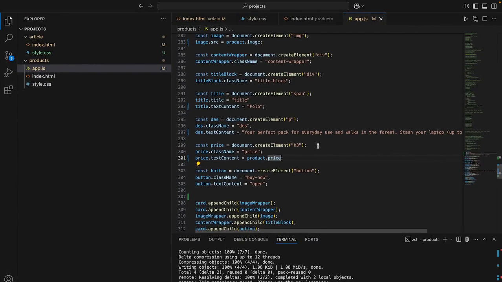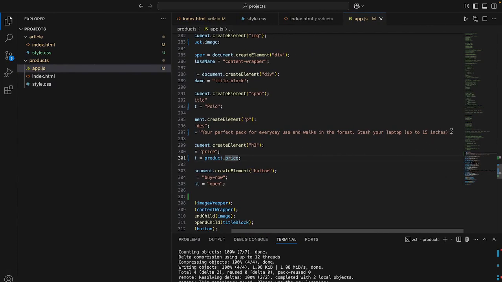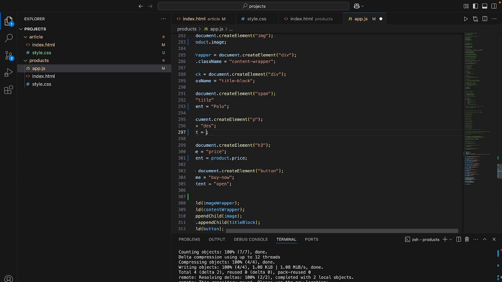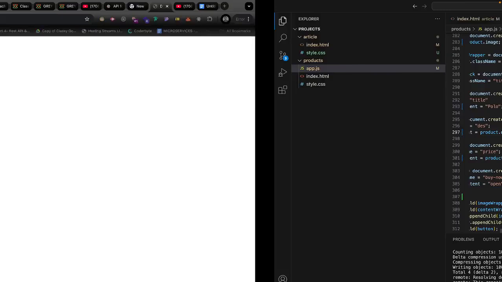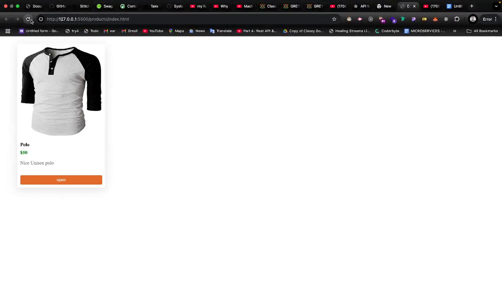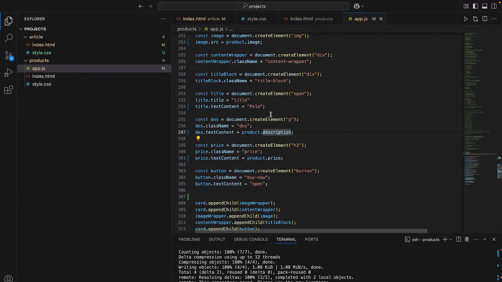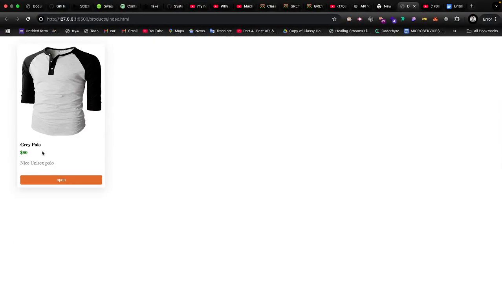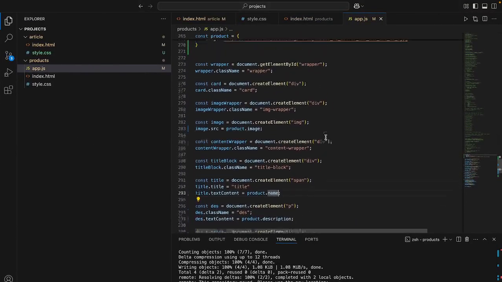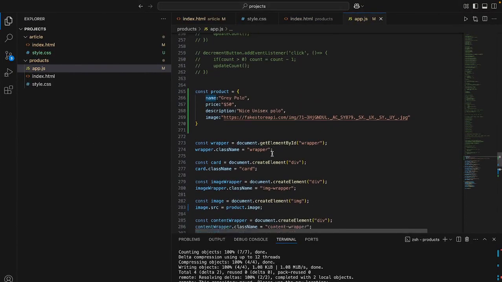So where do I have my name? Let me remove the description here, and then do product.description, product.description, and then we have nice unisex polo, right? And then where do I have my name? Okay, product.name. So I'm going to change this and say product.name, and then we have this. Yeah, gray polo. You see, it looks nice. Okay, so we have been able to render these product details from an object, right? But